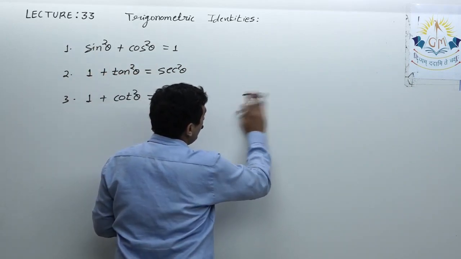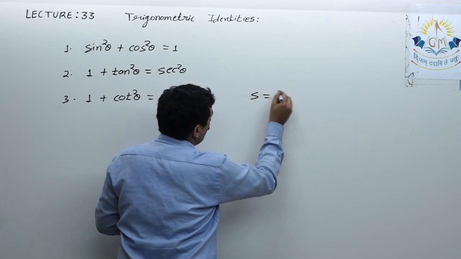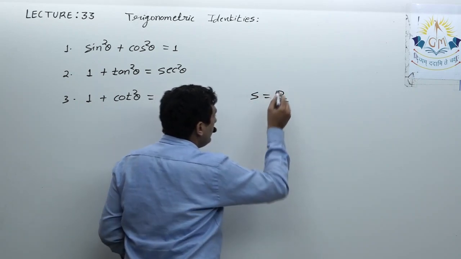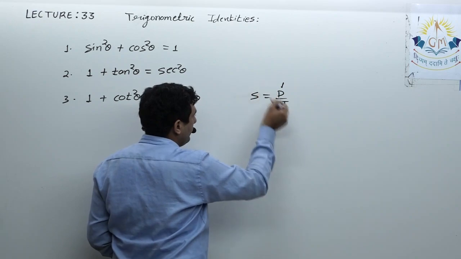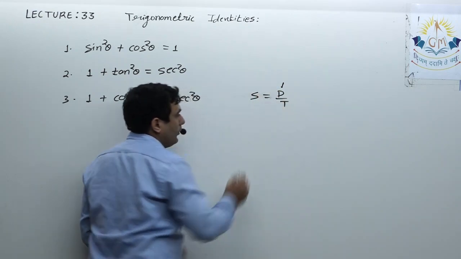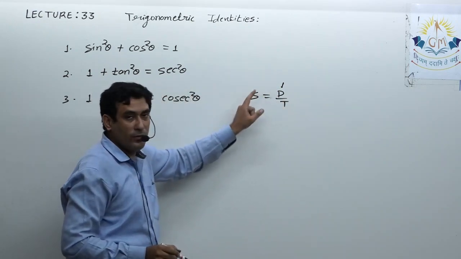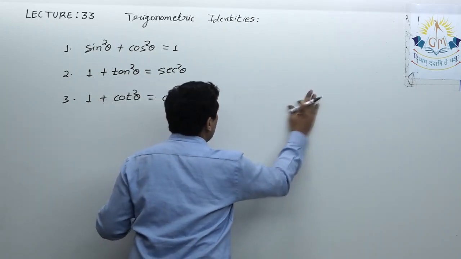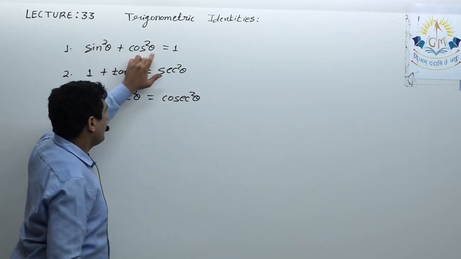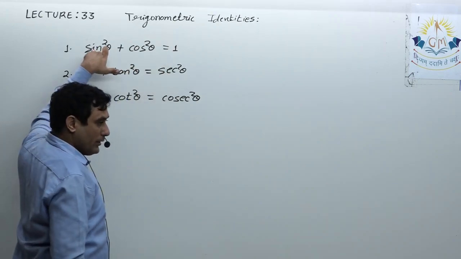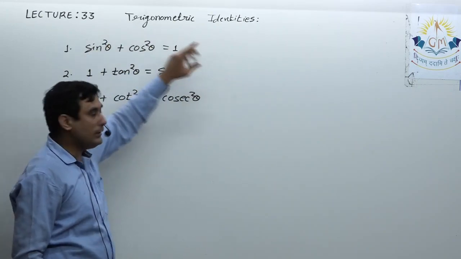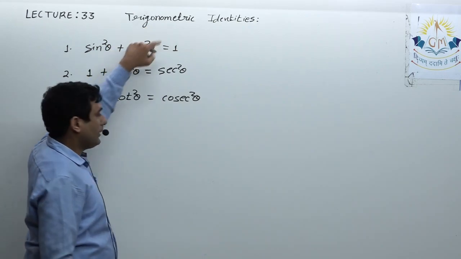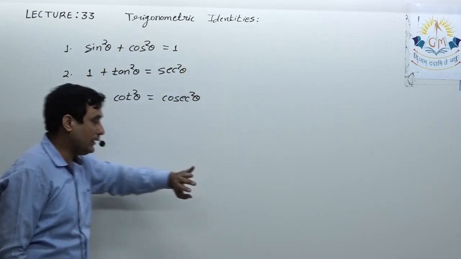It is something like this. If you know speed is equal to distance upon time, there is no need to mug up that distance equals speed into time, or time is equal to distance upon speed. You can find any of the variables if you have the relation between these three. Similarly, if you know sine square theta plus cos square theta equal to 1, you can say sine square theta equal to 1 minus cos square theta, or cos square theta equal to 1 minus sine square theta.